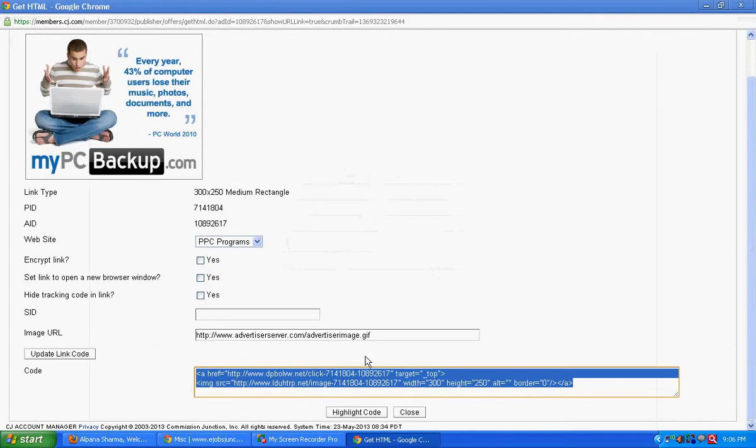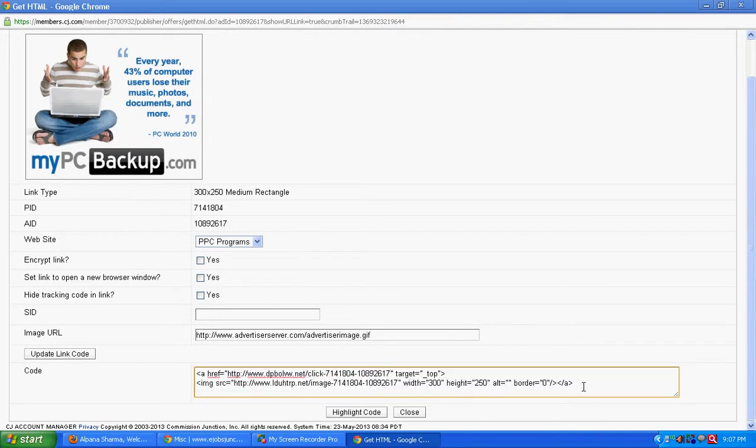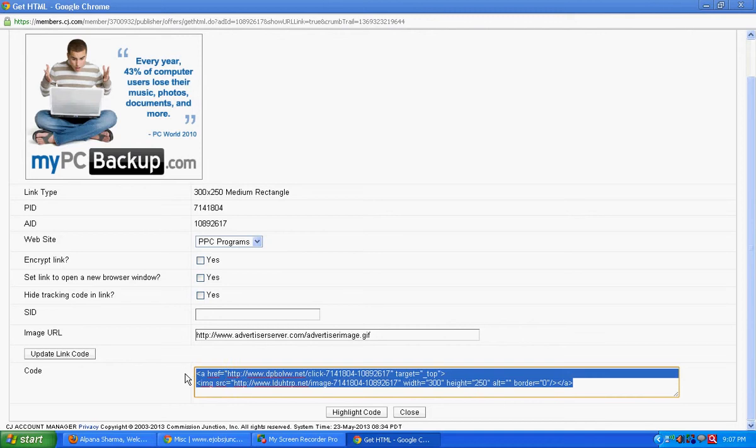Now over here, this particular image is not a simple image, this is not a normal image, this is a complete coded image. Okay, Commission Junction acts as an interface between a merchant and a publisher. Merchant is the advertiser, publishers are us. So whenever you click on an ad, you have to take this coded ad. This is a complete code.